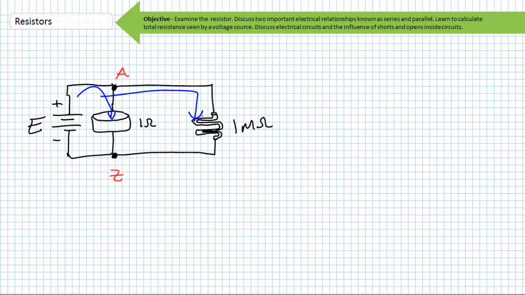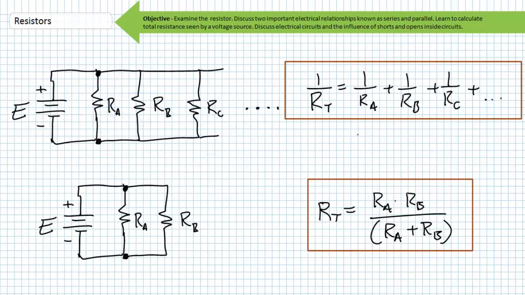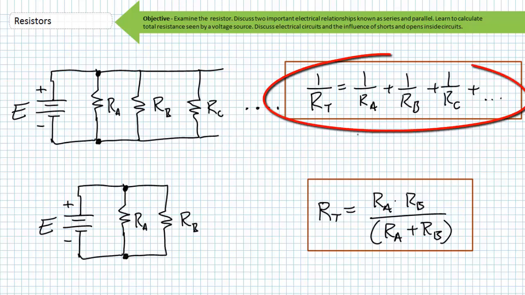Can we now finally put to rest the fallacy that current takes the path of least resistance? Current takes every path. It's just that more of it takes lower resistance paths because the opposition is less. Regarding actual computation of resistances in parallel, there are a number of formulas available, some more usable than the next. Regrettably, the one most commonly presented in textbooks uses the summation of conductances formula, where conductance is the inverse or